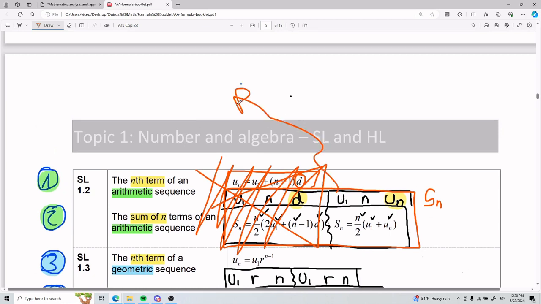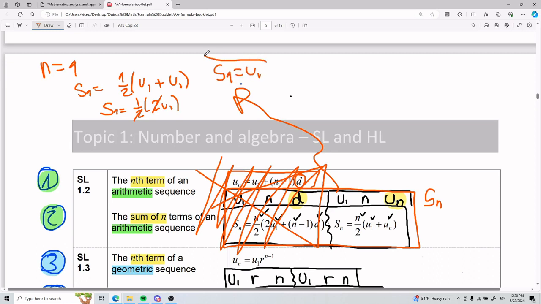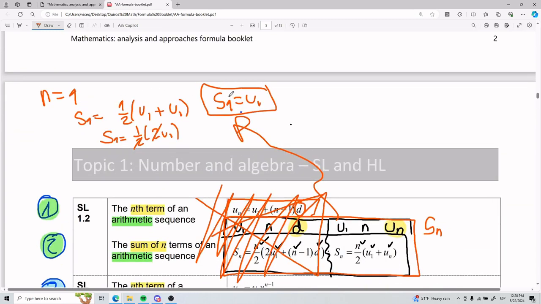Even here, if you plug in n equals 1, you end up with S of 1 equals n divided by 2, parentheses U1 plus U1. Oh, that's interesting. Oh, and n is 1, right? And so S of 1 is going to equal 1 half, parentheses 2 U1. This goes away with this. This is literally proof that S of 1 equals U1, okay? So trust me, you usually shouldn't trust guys on the internet, but just for today, trust me, S of 1